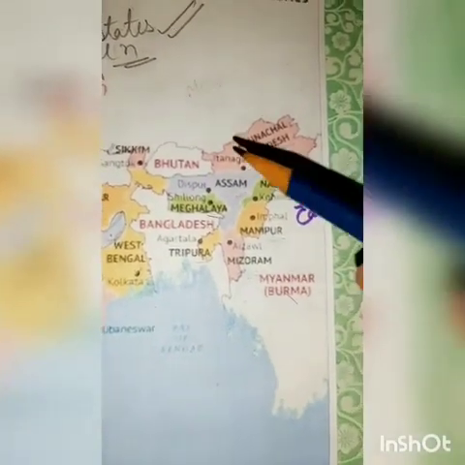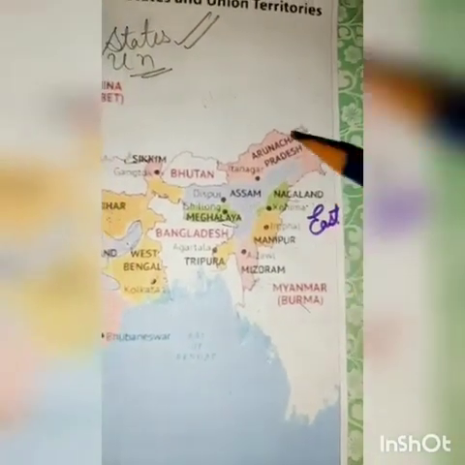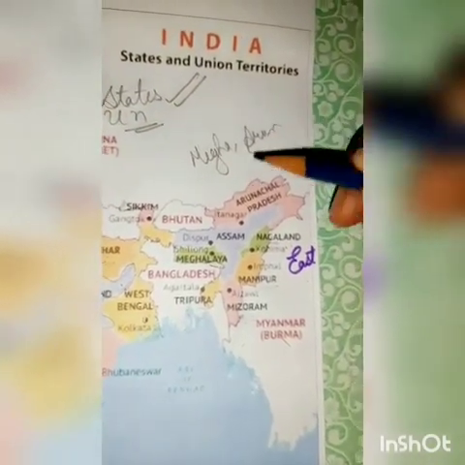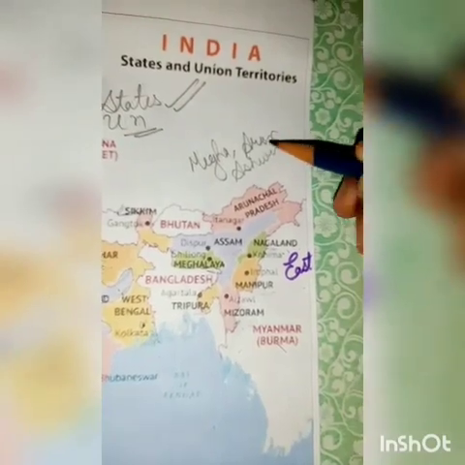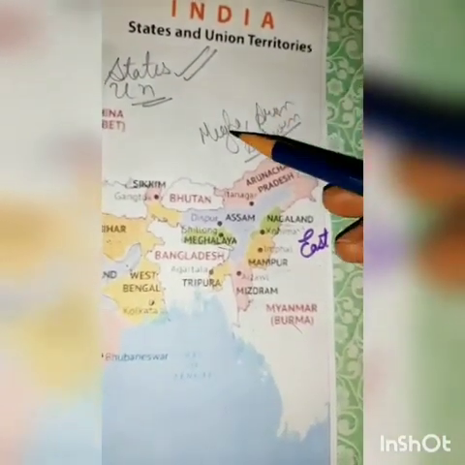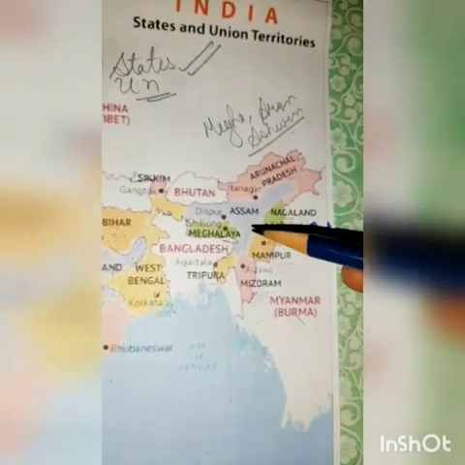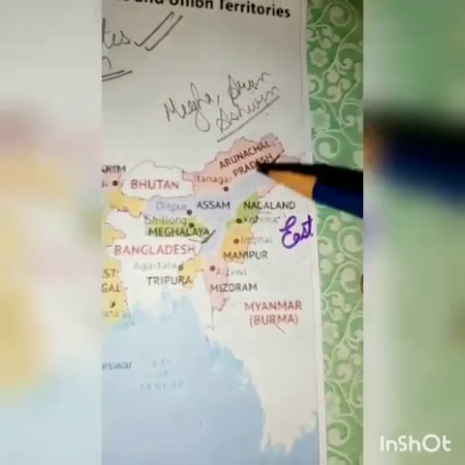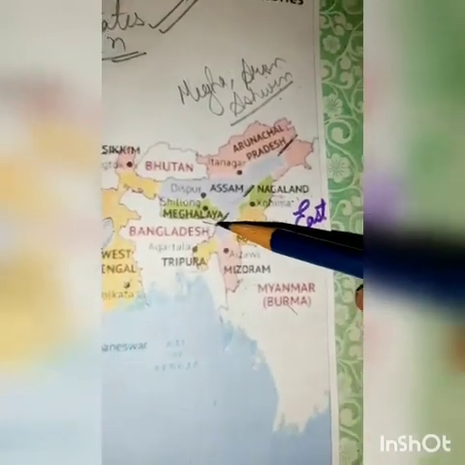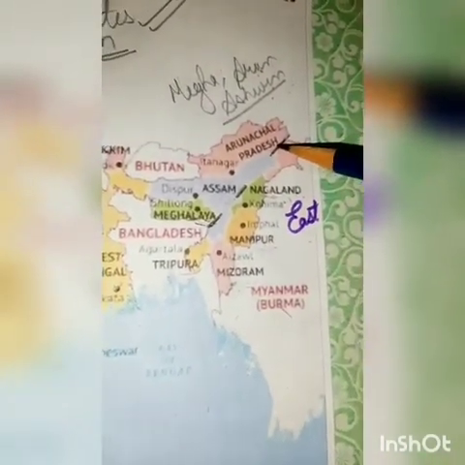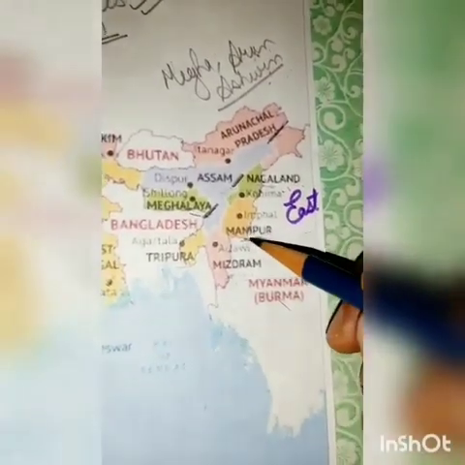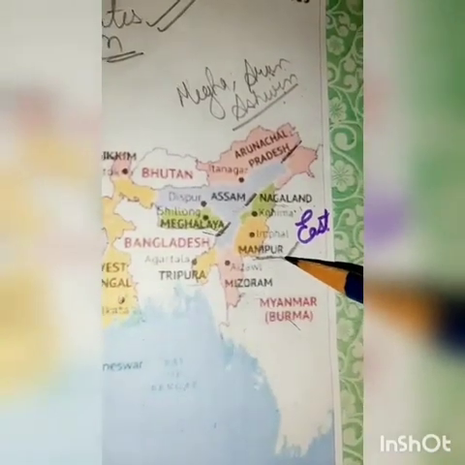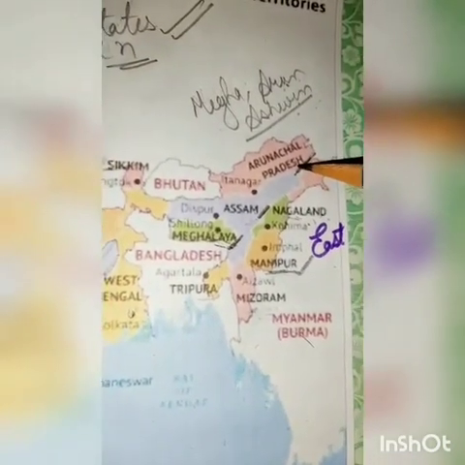Now we will talk about the northeast part. There is a story. In this story, there are Megha, Arun, and Ashwin. They are best friends. One day, Megha for Meghalaya, Arun for Arunachal Pradesh, Ashwin for Assam. One day, Megha said to Arun, can you bring a mani for me? Mani for Manipur. Remember with the name of mani, Manipur. What is mani? Nagmani. Arun said yes, I will bring.